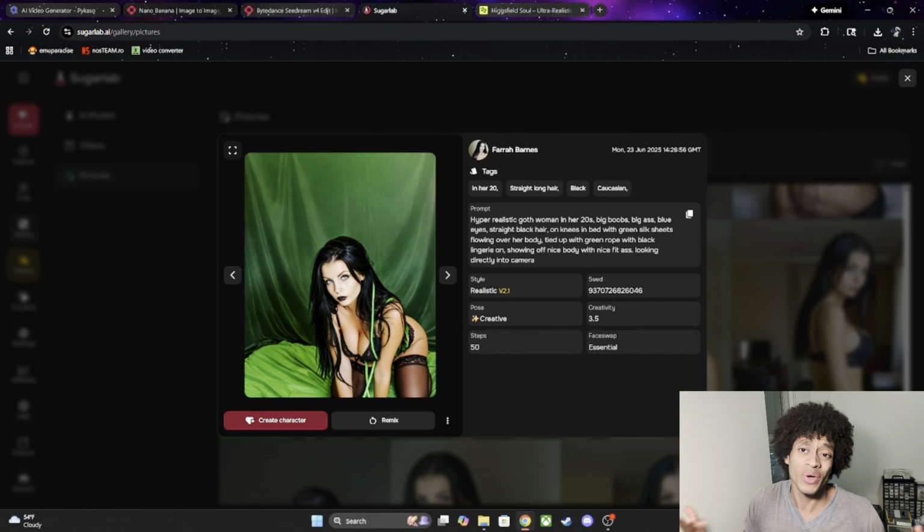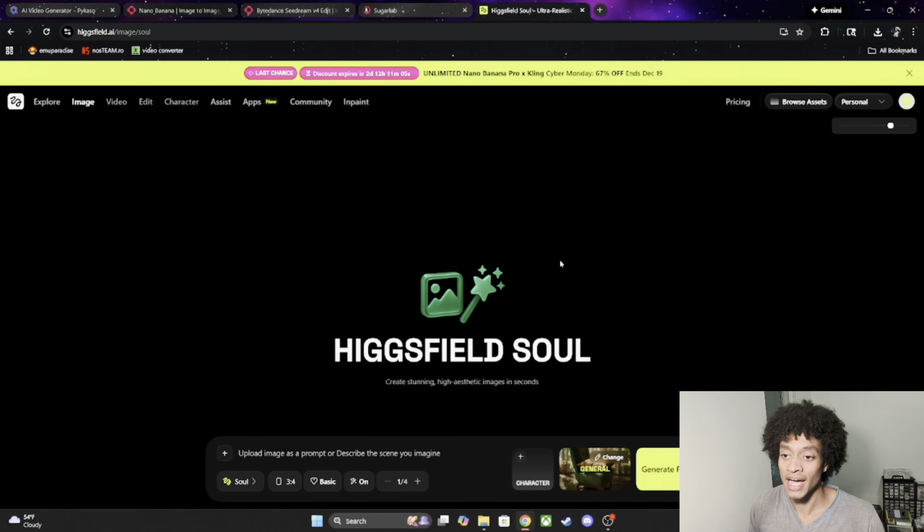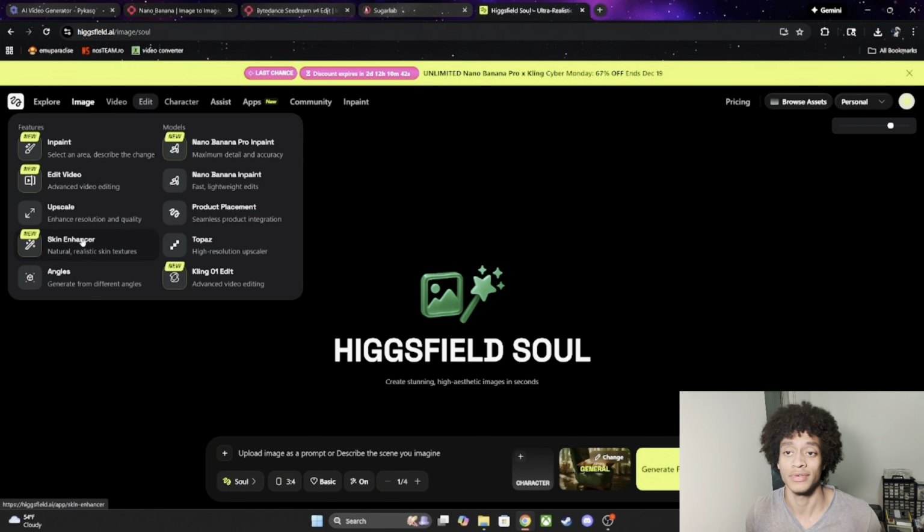And I'm just going to show you a quick little bonus. It's kind of the same thing, but you have Higgsfield AI. Higgsfield AI is a very good image generator. Now, I personally haven't used this one to generate images for my models, but I do have a few colleagues and friends that use it, and they get very good results with it. So I thought I'd show it to you, and you'd be able to make very good results with this. Of course, they have all the other configurations that the other AI compilers have. They work with Nano Banana and all that stuff. It's a pretty good compiler, and you could definitely look into this one.